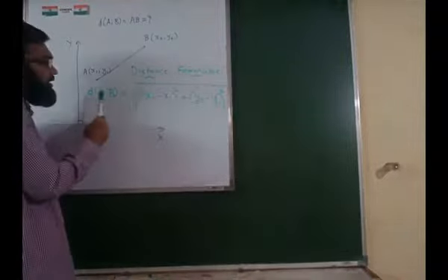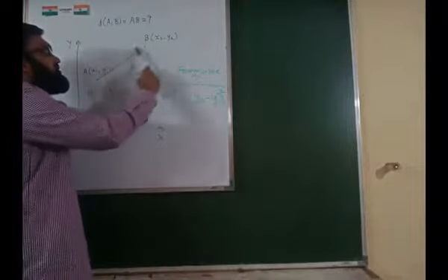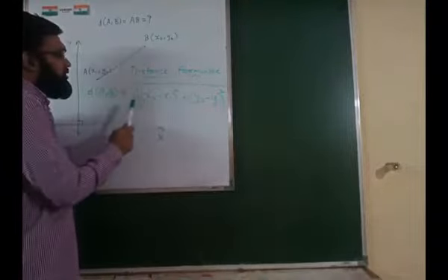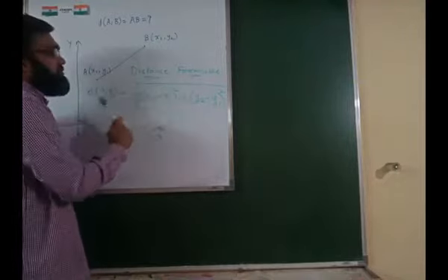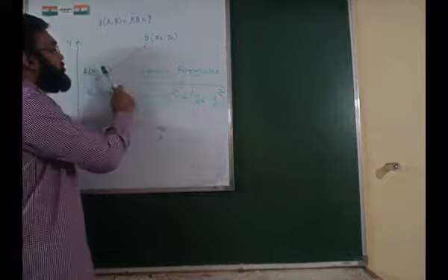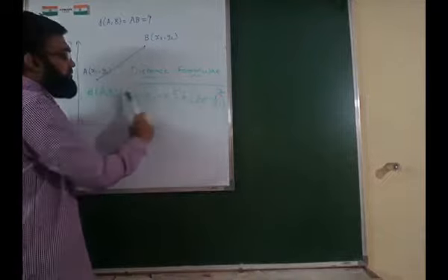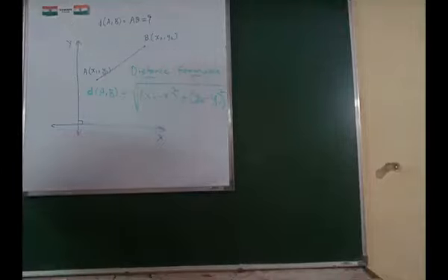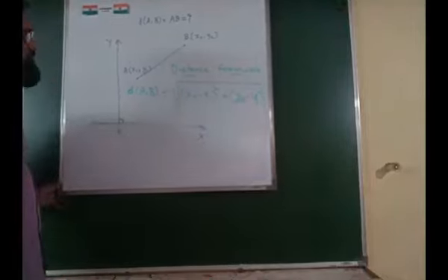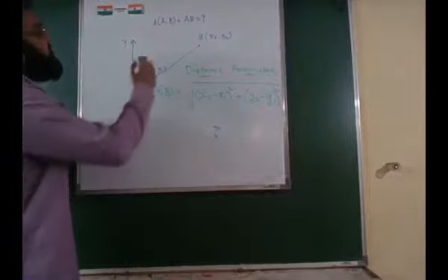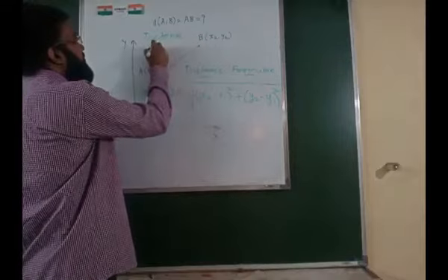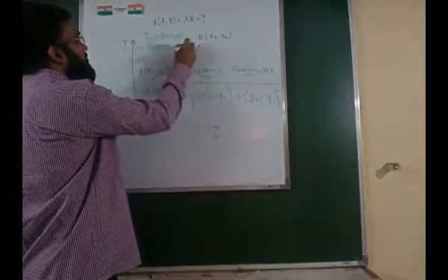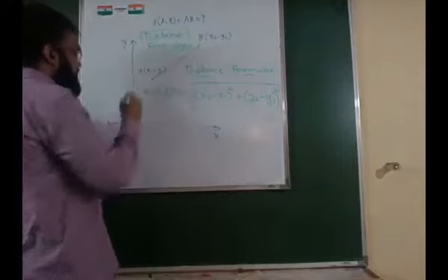देखो, the distance between A and B, this distance or length, whatever you want to call it, is x2 minus x1 the whole square plus y2 minus y1 the whole square, and we have a square root, right? So this is the distance formula. This we will use in the practice set, the first practice set.